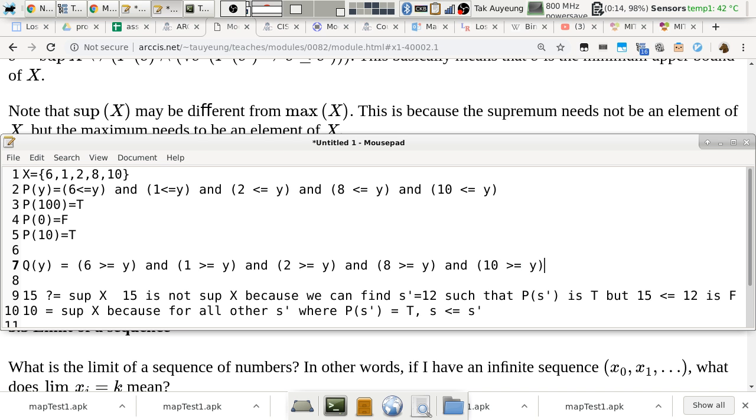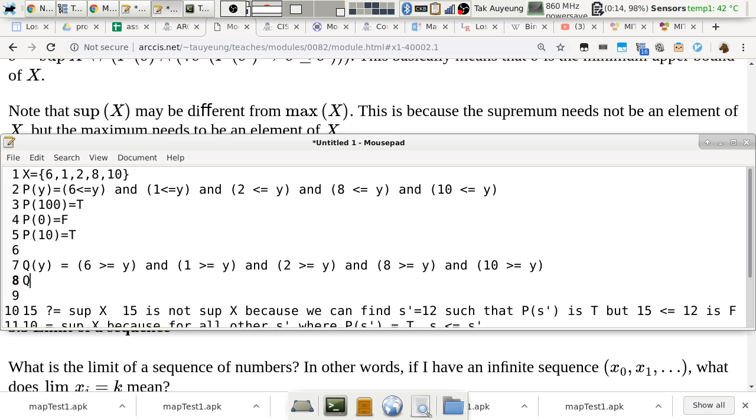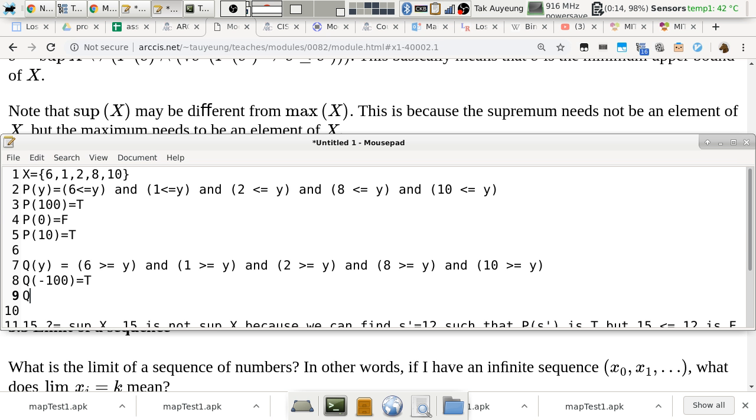That becomes this, right? This is how we define Q. So now we say, okay, give me some values that will make Q true. Okay. Give me something that will make Q false. Oh, that's easy. Give me the smallest value that can make Q, no, largest value that can make Q true. And it turns out that 1 is